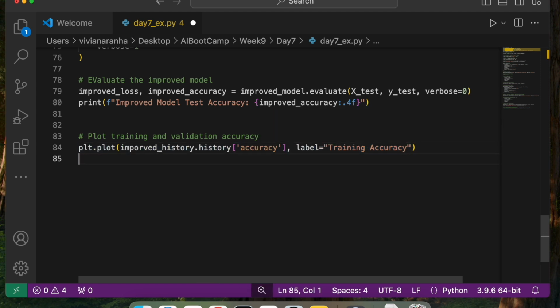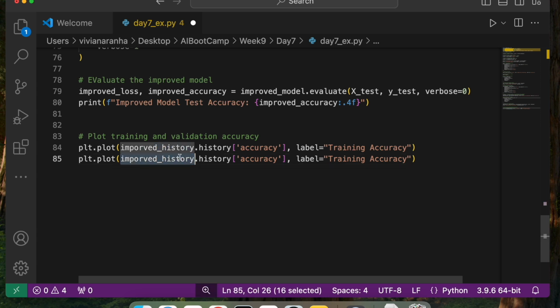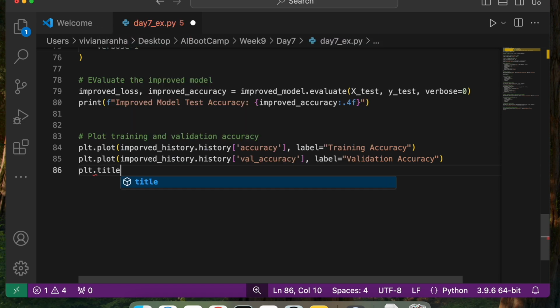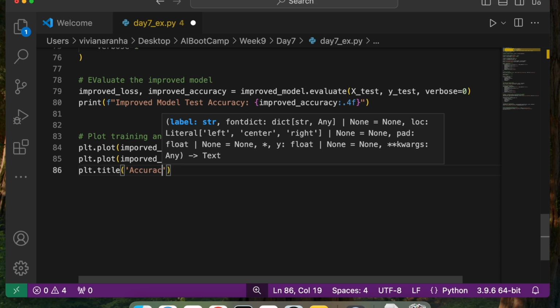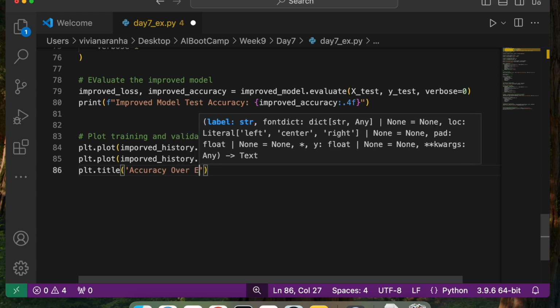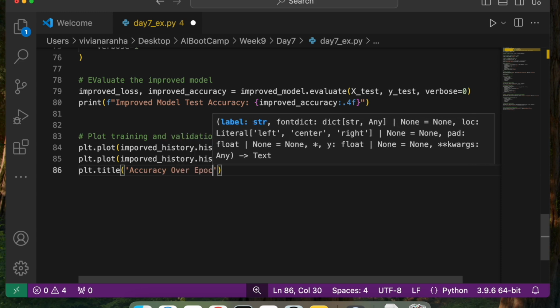Next I can do the same thing, plot improved history. I'm going to use val underscore accuracy, that's another parameter in here, and this is my validation accuracy, that's what this is. I'm going to give a title to my plot and I'll call it accuracy over multiple epochs.